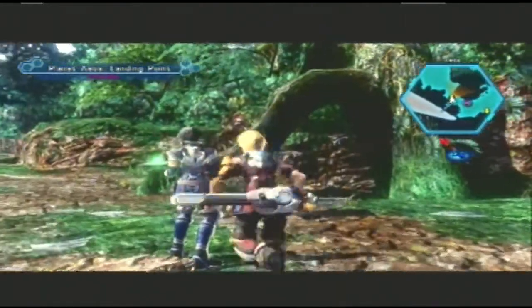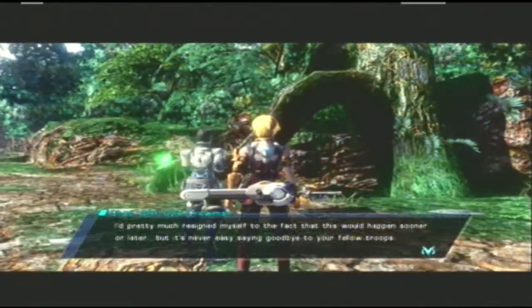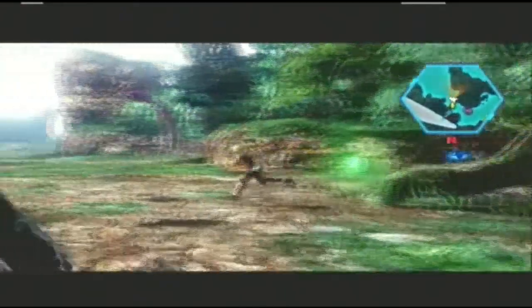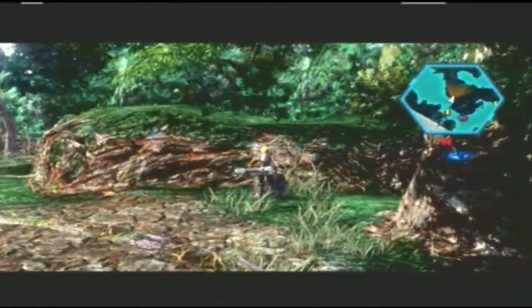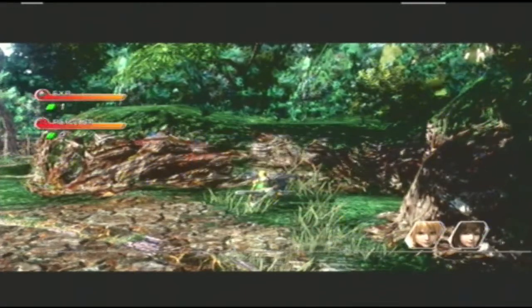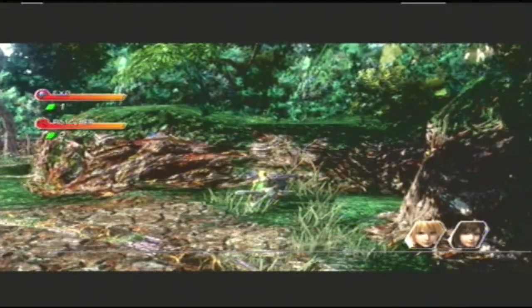Blind sides. I was thinking it was counterattacks, but it's called blind side. With that, you push the circle button. Get this treasure chest over here. The ones here on this planet look a little weird, but